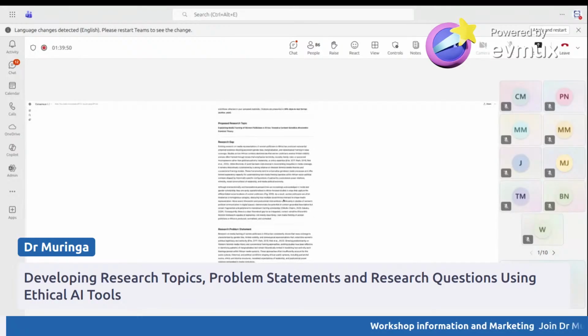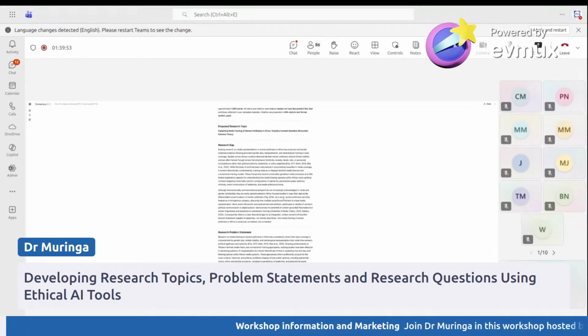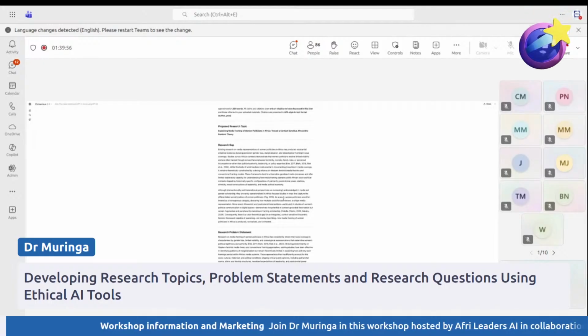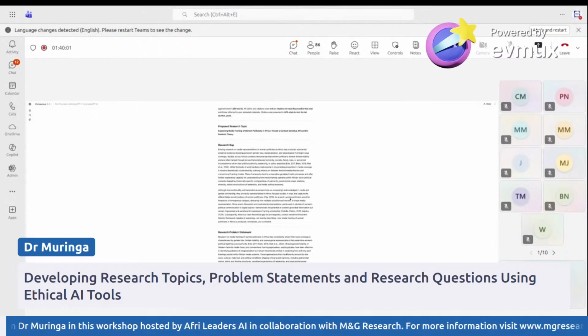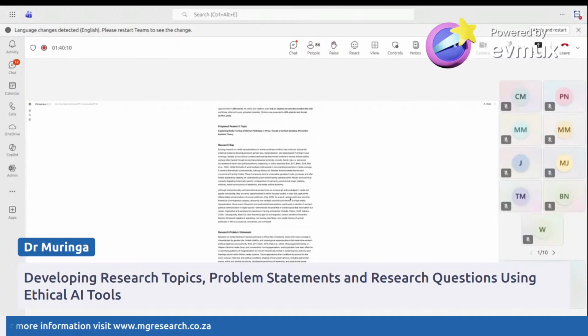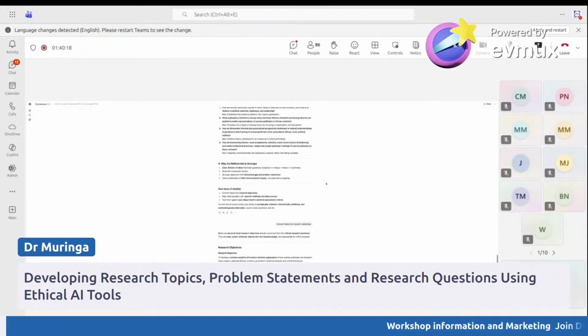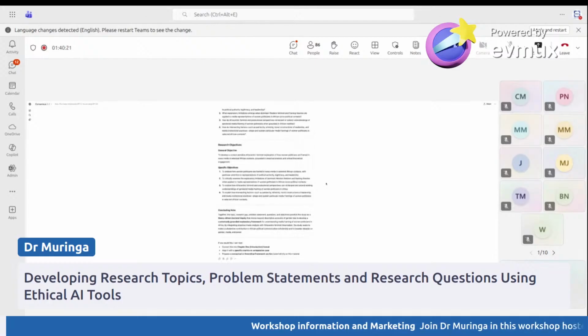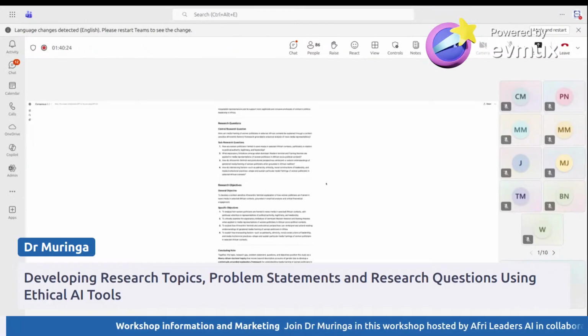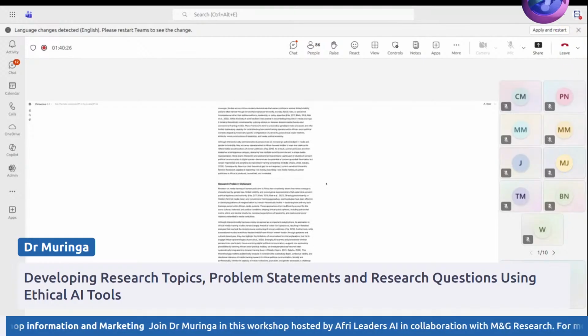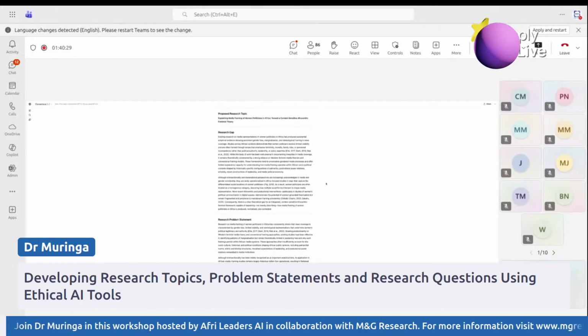The reason why this iterative kind of prompting to develop your topic, your research gap, your research problem is important and is most preferred is that it's defensible. I know if you're studying at UKZN, if you're doing a PhD, you might be required or requested to provide the template or the sheet of what you have done with AI when you developed your work. Because you can just copy and paste all this process and attach it as an addendum to your study, or if somebody questions you to say your work has been AI generated, you can simply provide the evidence of all the steps that